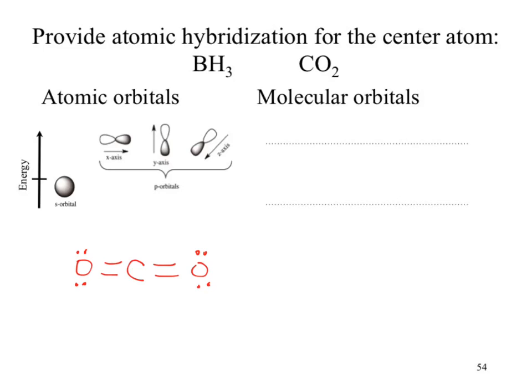Okay. And we could go through and evaluate our hybridization for this. The hybridization for that carbon will end up being sp. Why? There are only two groups of electrons. So I will end up with some hybrid orbital in here. Oops, I should draw in the other direction. And I will have left over